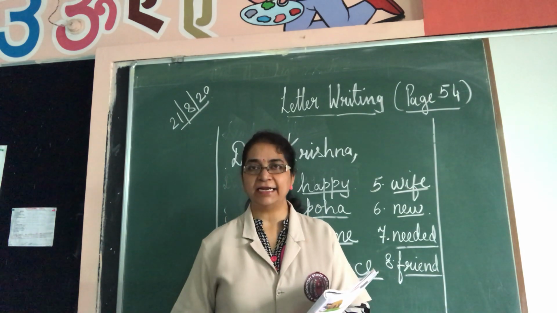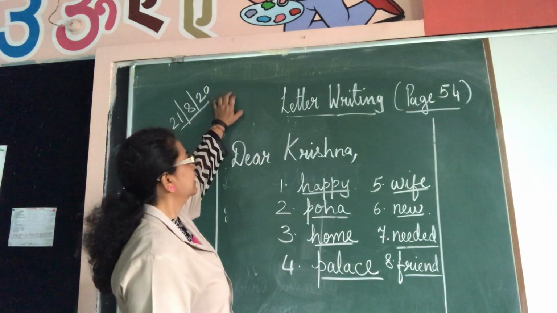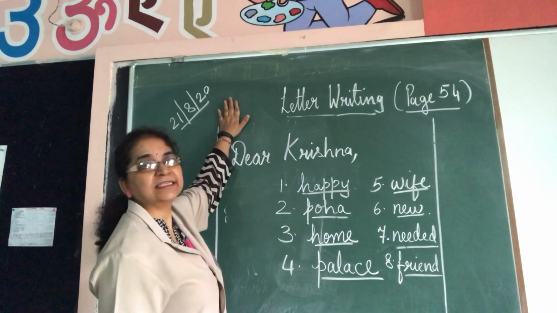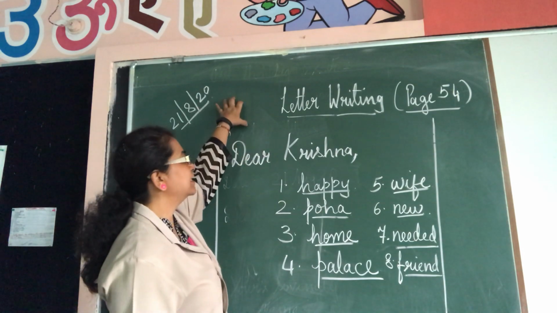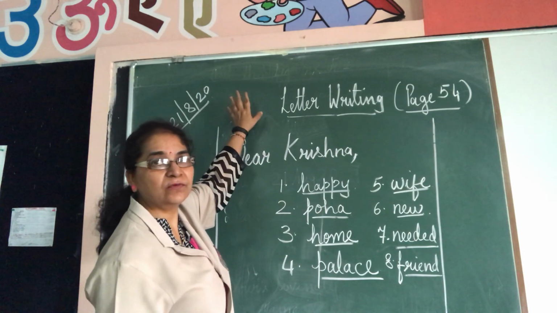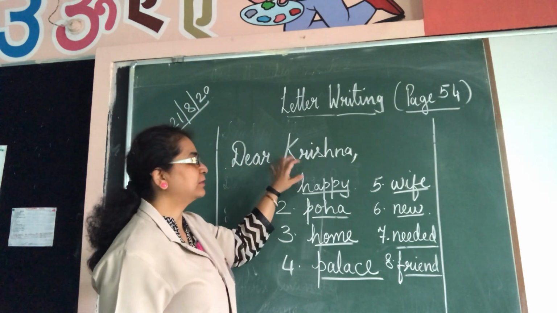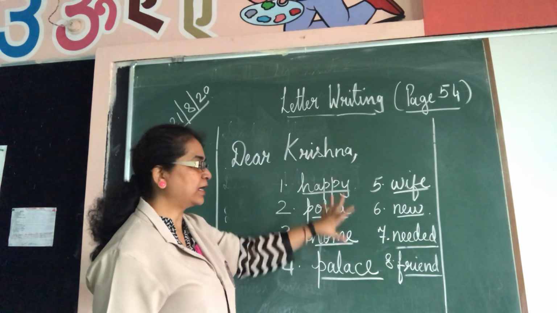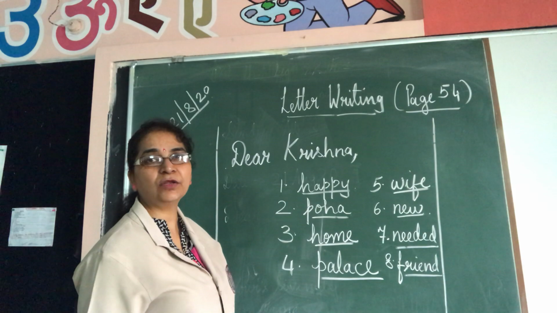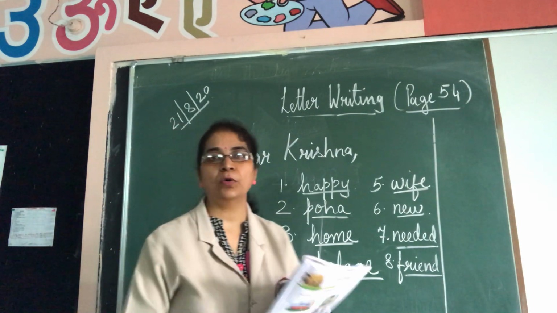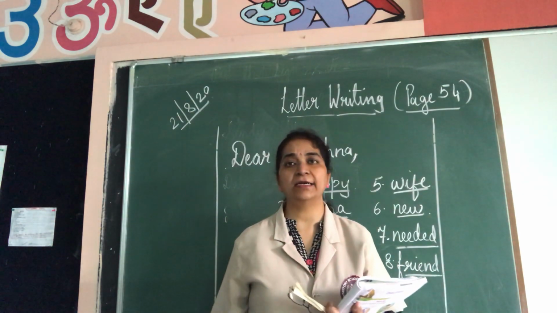So in letter writing, remember one thing, that you will write the letter left hand side, we will write all the things. Left hand side, sender's address, that is your address, you will write. Then you will write the date. Then you will write dear, whatever your friend's name. Then you will write the whole letter. Then you will write yours lovingly. Then you will write your name. This is how you are going to write the letter. I hope you all understood how to write a letter.